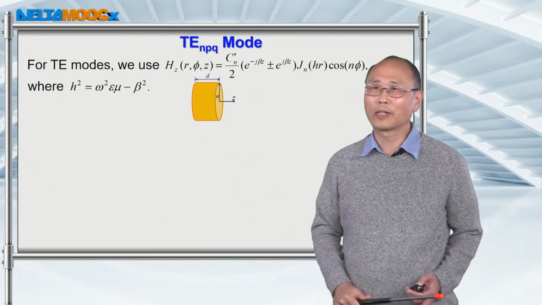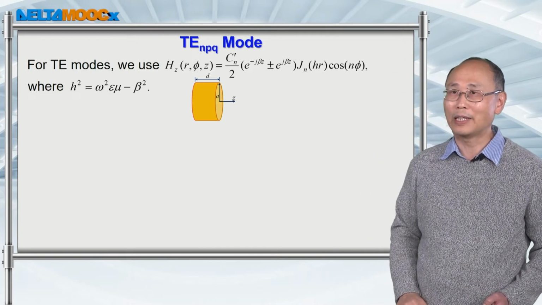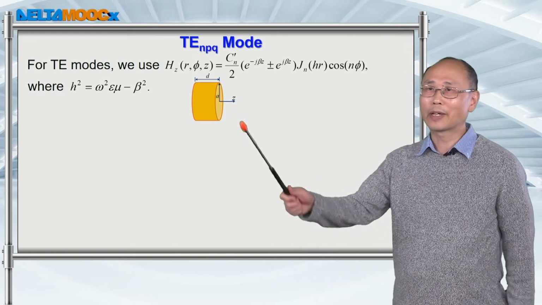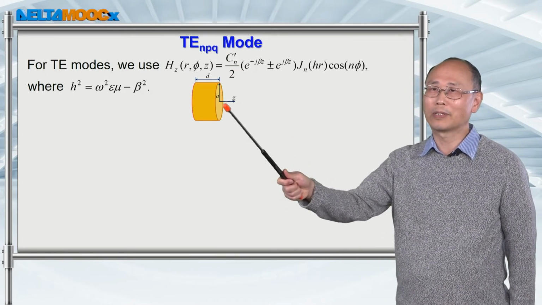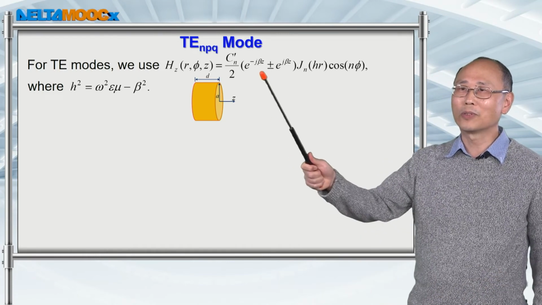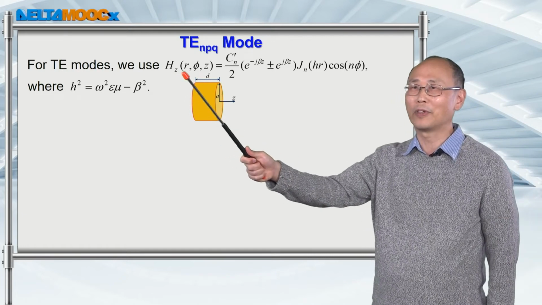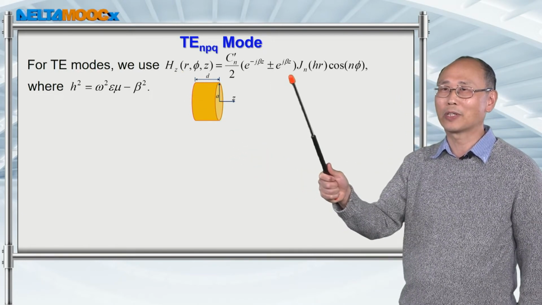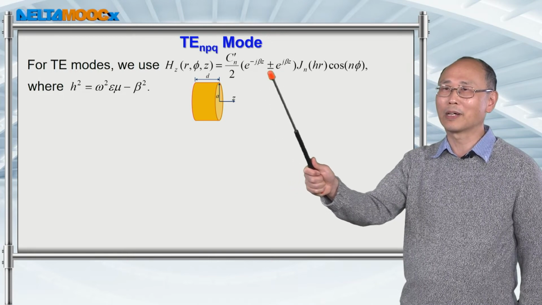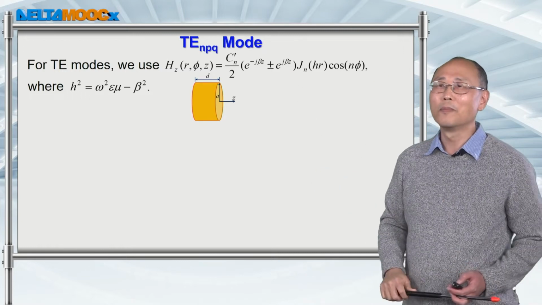And we can also follow the same steps we just had for the TM mode inside a cylindrical resonator to calculate the TE mode inside this cylindrical resonator. But now we want to focus our attention on the z component of the magnetic field given by this expression. Again, you specify the wave propagating along the plus z direction and minus z direction,